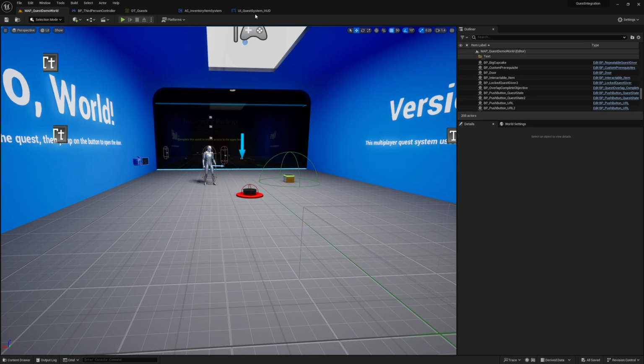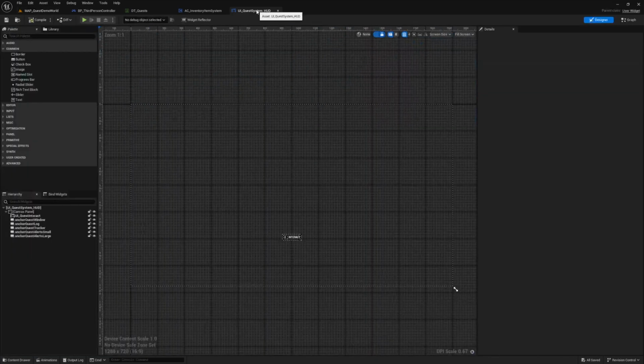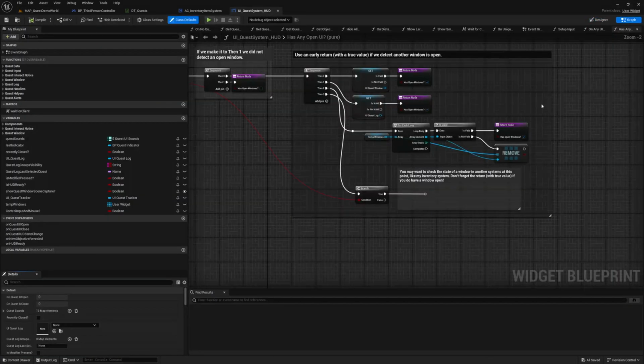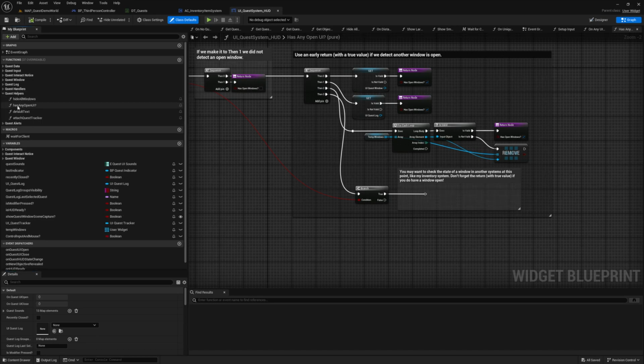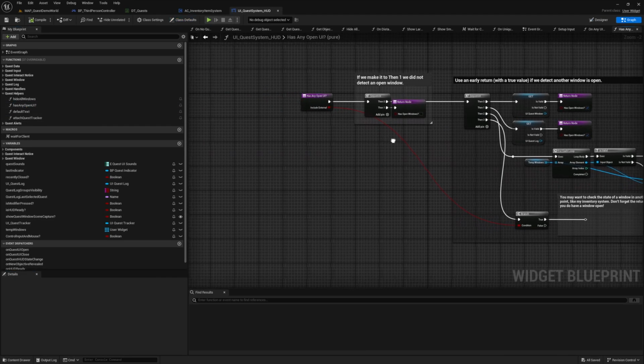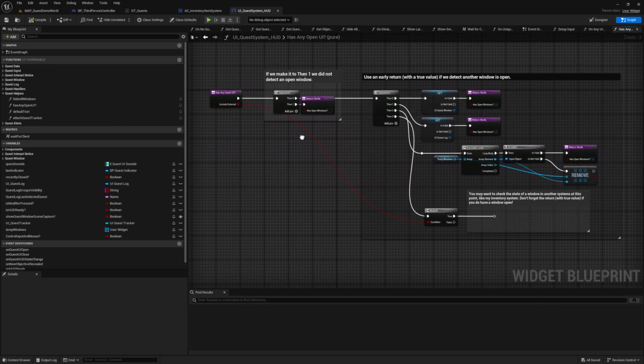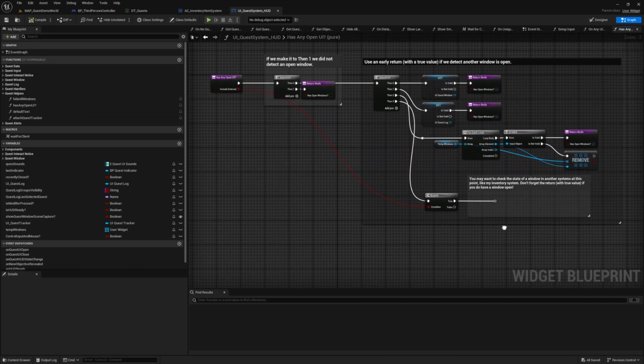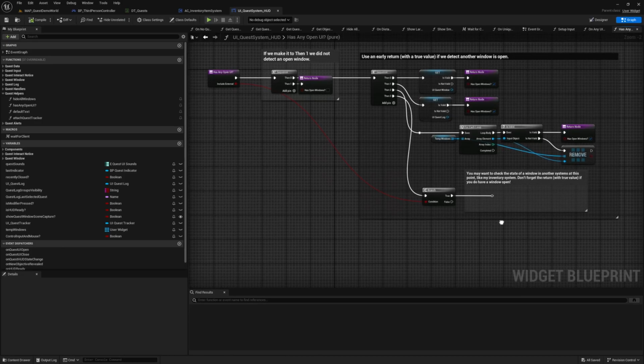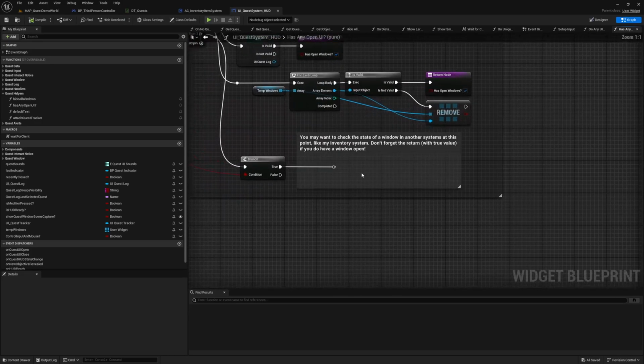Let's start with fixing it in our quest system windows. Head back to the UI_QuestSystem_HUD, and under the quest helper section, locate and open the hasAnyOpenUI function. This function is how the quest system detects and manages if there are any open windows related to the quest system. And from this, it manages toggling our mouse cursor and our input mode. And what we're going to do is make sure it also accounts for any windows in our inventory system. And we're going to work out of this area in the bottom that I've already set up for you for